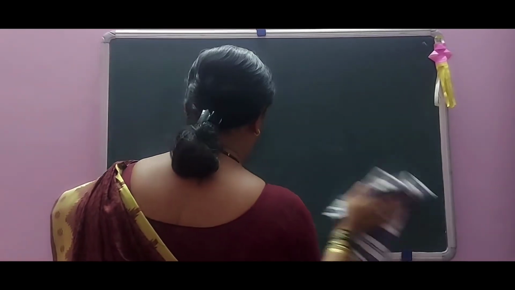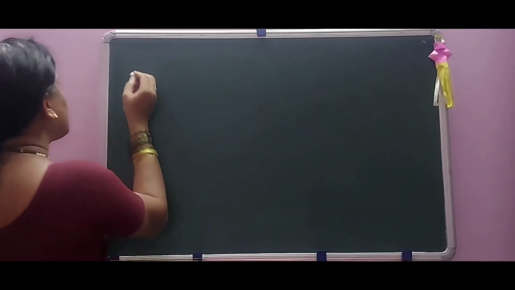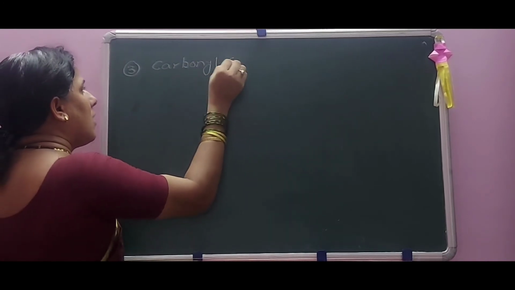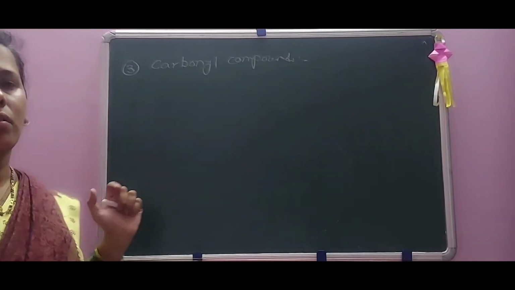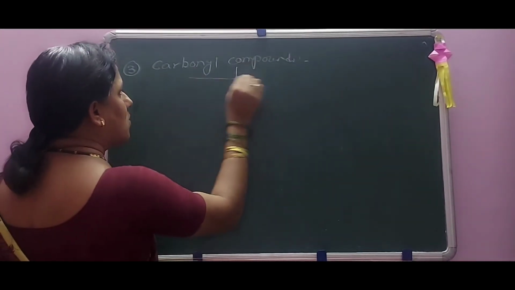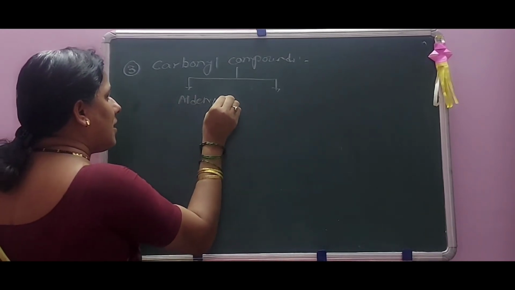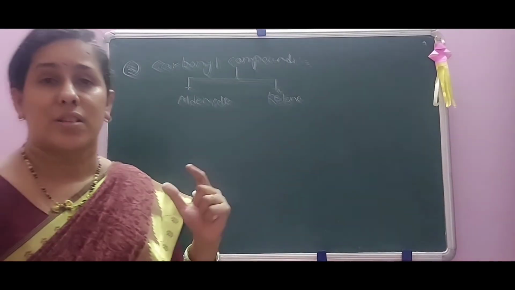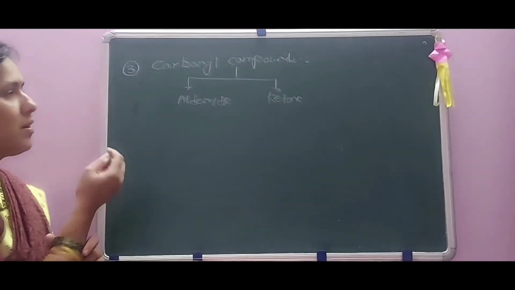Now next is about the carbonyl compounds. Third point, it is carbonyl compounds. Already we know which are the carbonyl compounds, that is compounds containing the CO group. Now these carbonyl compounds are of two types. First is an aldehyde, and second is a ketone. Already we have stated in the structural determination of citral which are the tests for carbonyl compound determination.